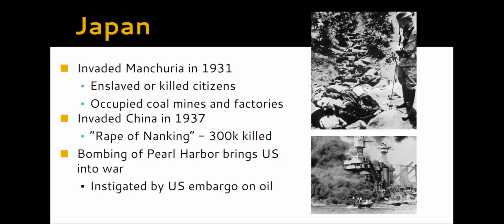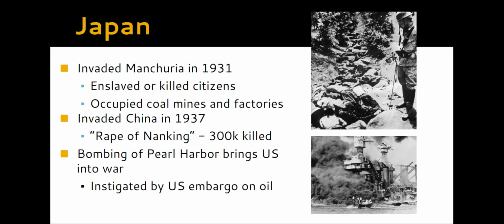Japan. So here's how we're basically turning this into a global war. Japan is an extremely aggressive nation at this time. They have industrialized very well, as we've discussed, and they are starting to build their empire. They did this by invading Manchuria and northern China in 1931. They are not very nice occupants of China. They are killing many Chinese people. But what they're really after are resources to continue their industrialization process, coal mines, factories, and they're going to continue their descent down south into China as they start taking more and more resources.